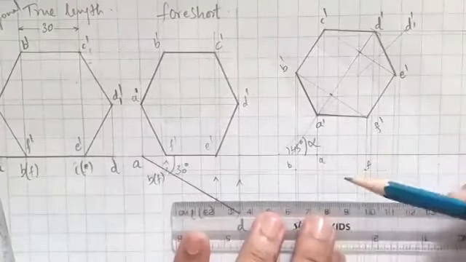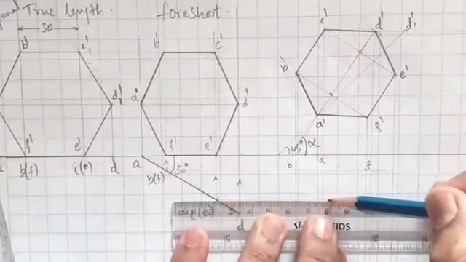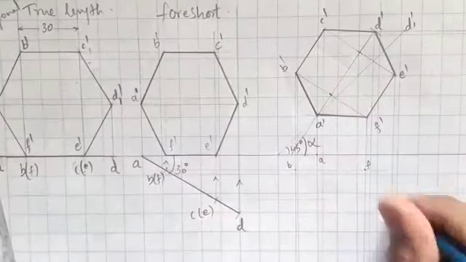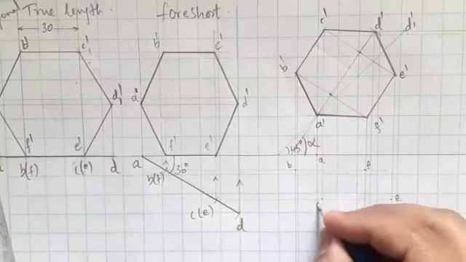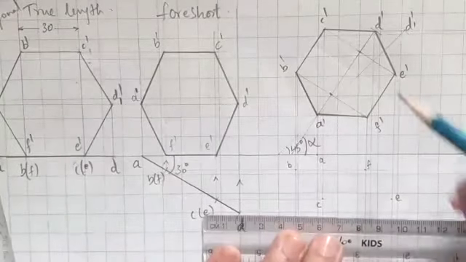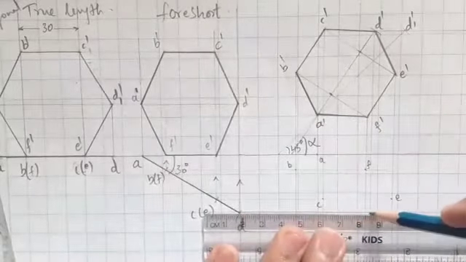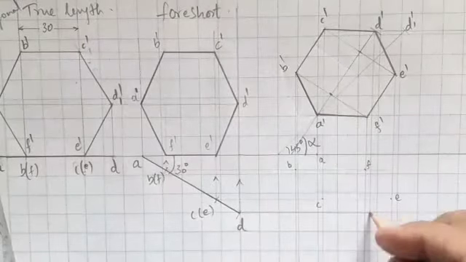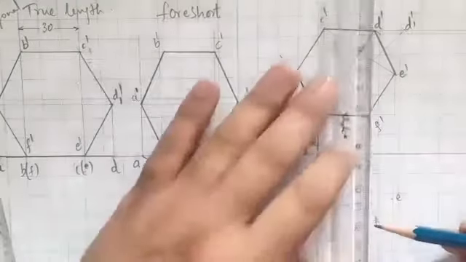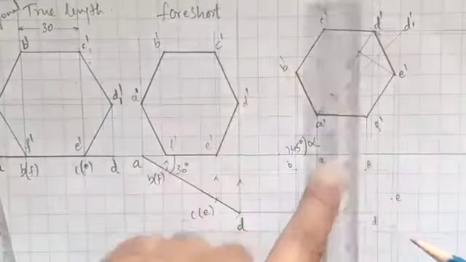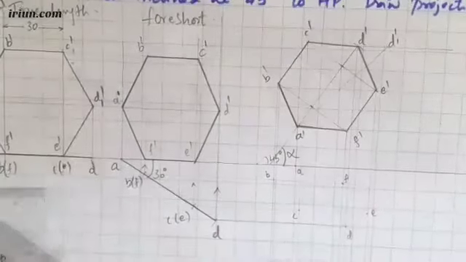Next, C dash is meeting here and I'll extend it so that E also is getting here. So this is E and this is C. And D dash is meeting here on this line. Where is the D dash projector? Identify this D dash projector and check properly. This is D. Keep the scale where you have kept D, mark the location, and then join all lines.